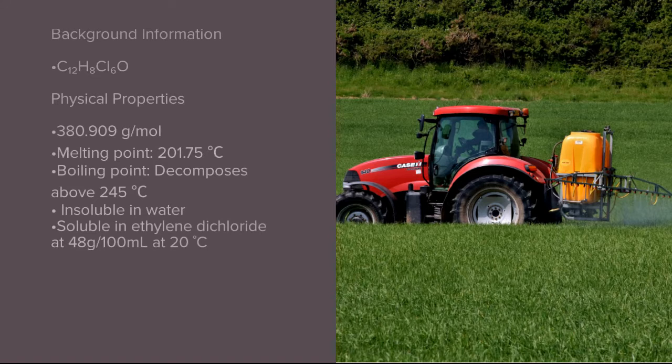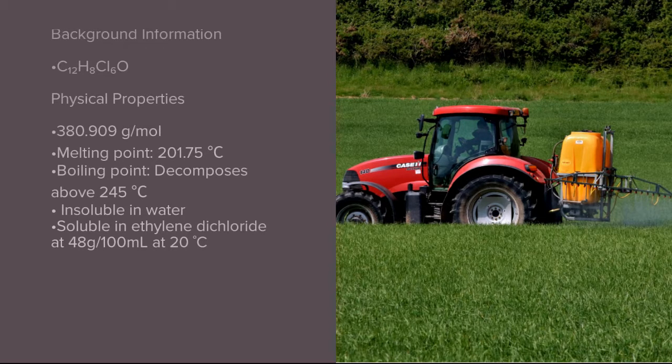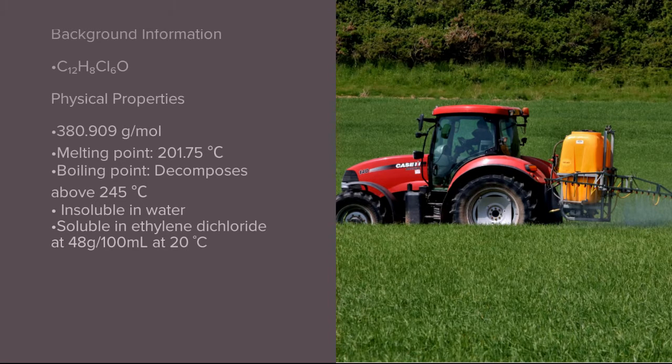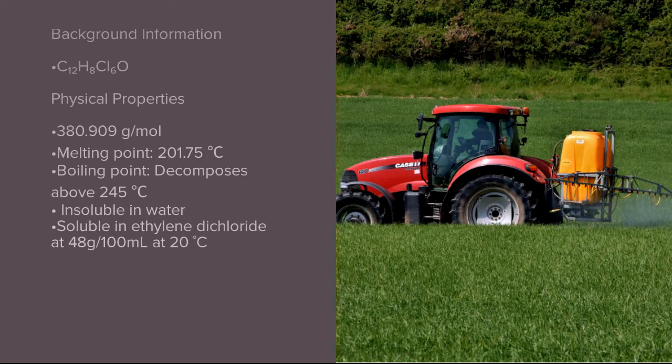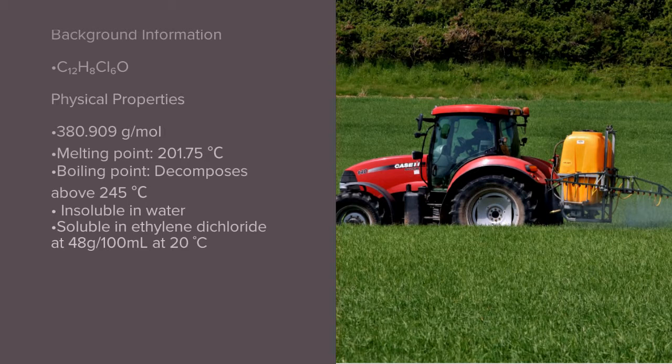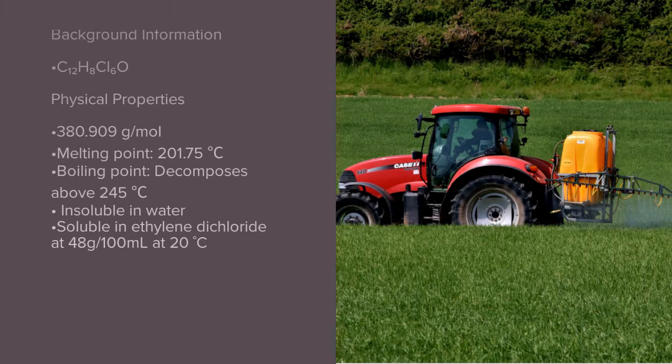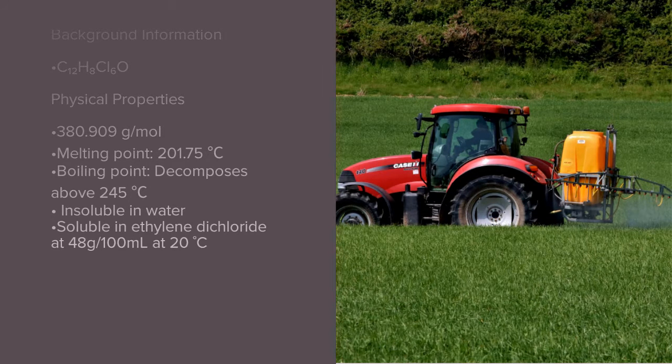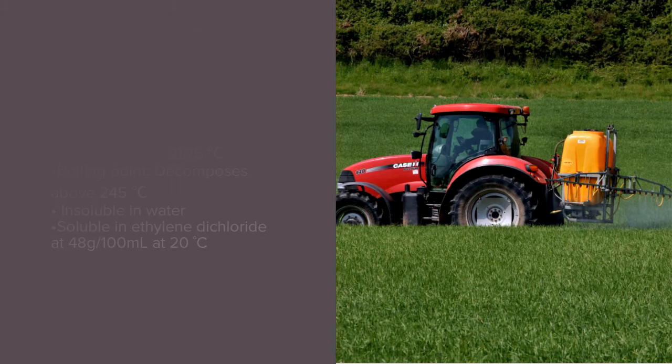Endrin's molecular formula is C12H8Cl6O. Some of its physical properties include a molecular weight of 380.909 grams per mole, a melting point of 201.75 degrees Celsius. It starts to break down at 245 degrees Celsius. It does not dissolve in water, but is soluble in ethylene dichloride at 48 grams per 100 milliliters at 20